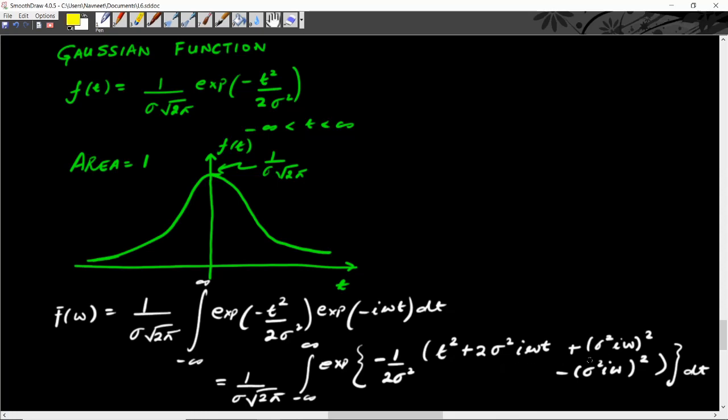Here we have added and subtracted these particular terms because that allows us to complete the squares. That means this integral can be written as